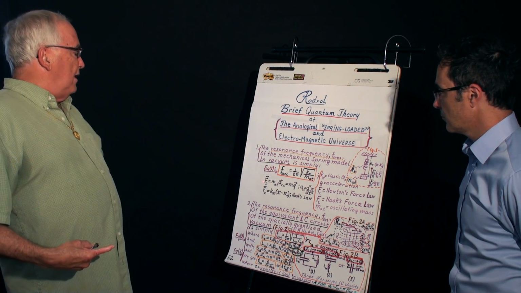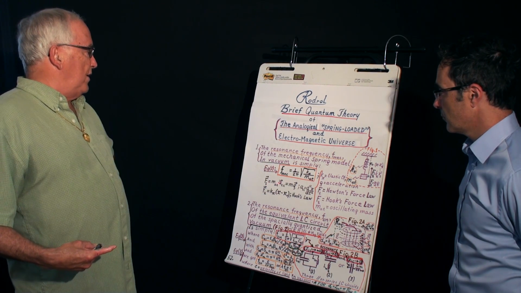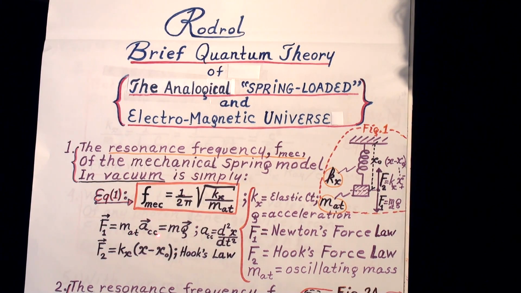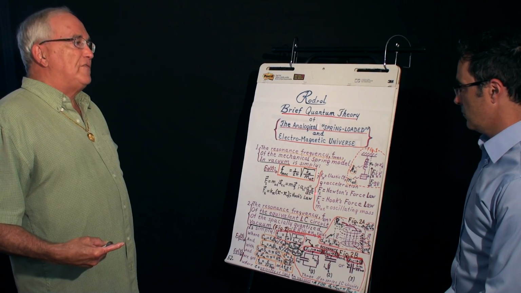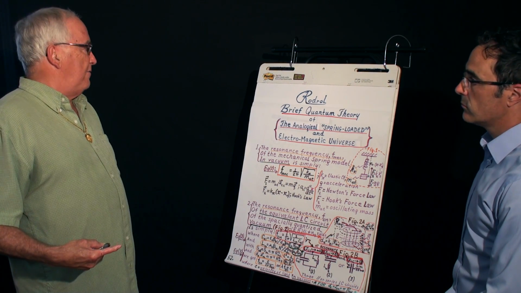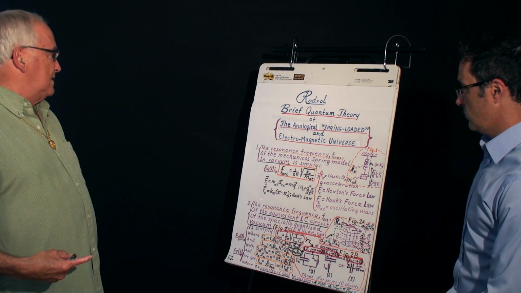Now, Newton's law that we've seen earlier: force is mass times the acceleration, okay? Or mass times the gravitational acceleration near the Earth, g, which is 9.8 meters per second squared. The acceleration is the second derivative of distance with respect to time. It's the change of speed, and speed is the derivative of distance.